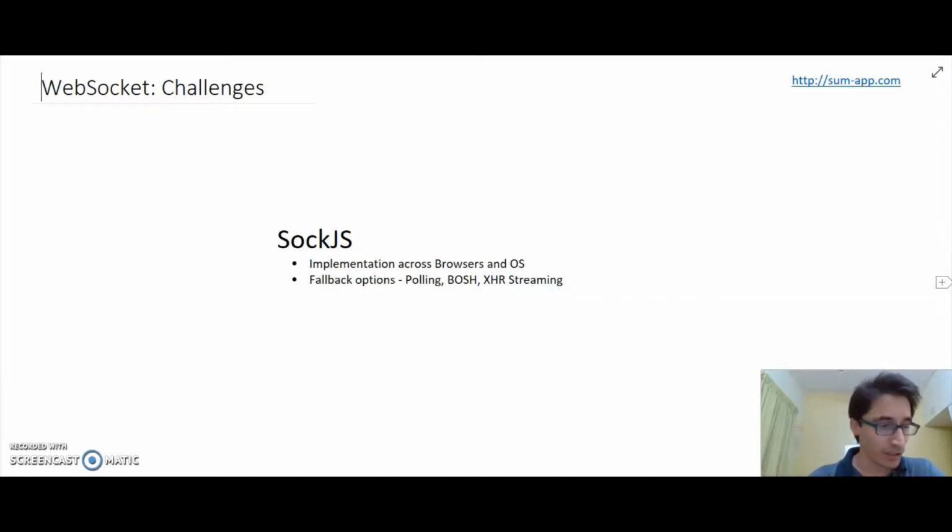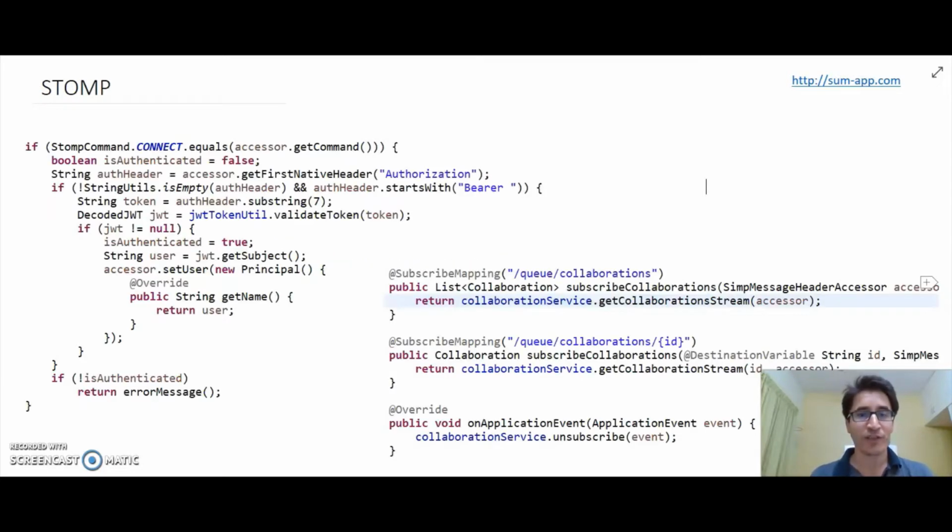Having said that, we still have a lot to do for implementing such real-time communication. I mentioned specifically about the need for implementing a sophisticated subscription management, right? A sophisticated handshake. All this building in a web application would require everybody to reinvent the wheel. So we have STOMP to the rescue. What does STOMP stand for?